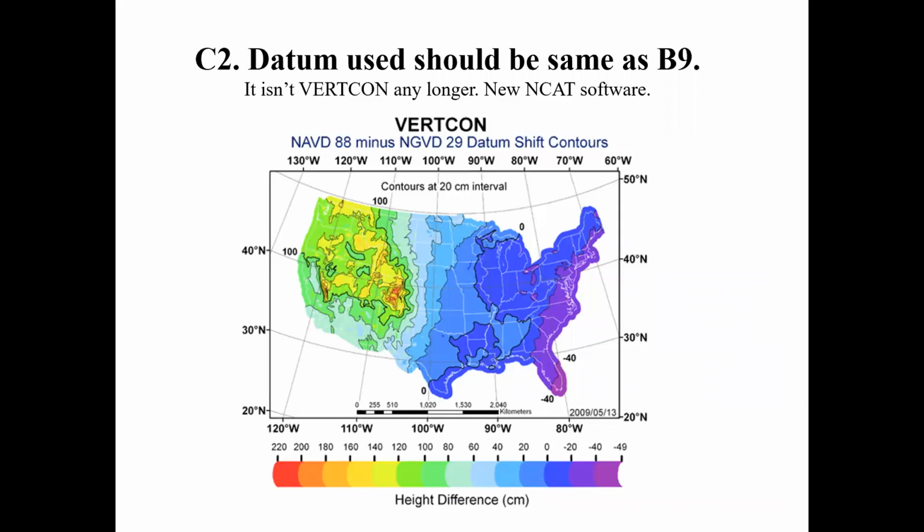And then again, the datum used in section C should be the same as B9. And so if they're in different datums, there is this conversion software. So it's not VertCon any longer, it's now NCAT, and I will show you another screenshot of that. But basically this graph shows you the difference between the two datums as we go from east to west. And so in Kansas, we're in this blue section. We're kind of in the middle of being impacted by it, but it can be up to